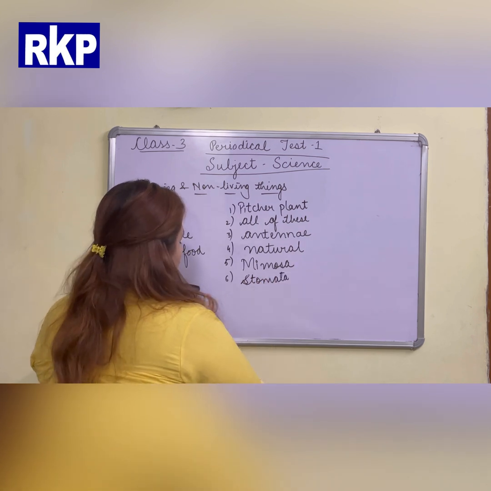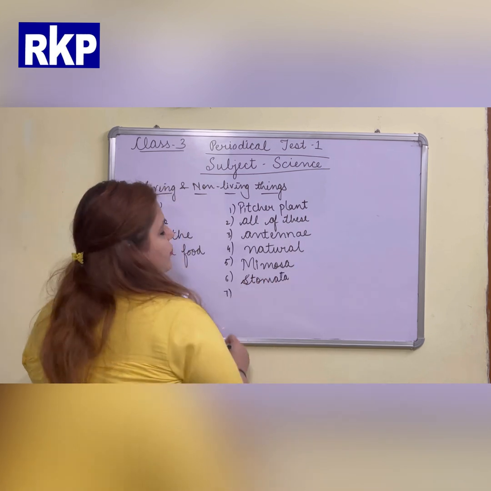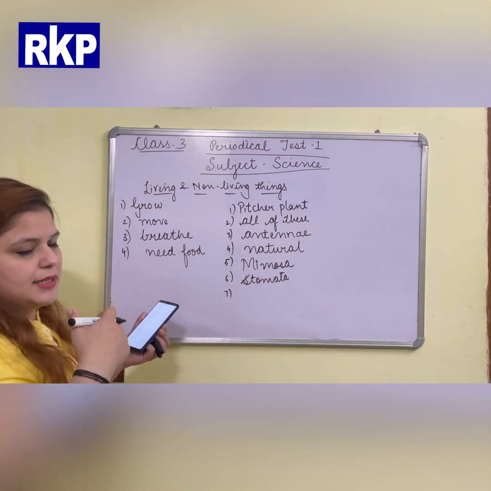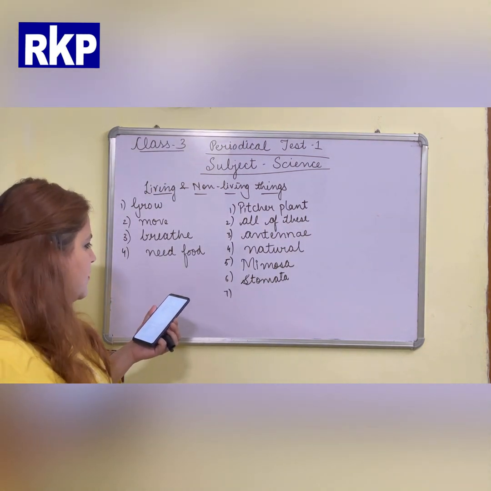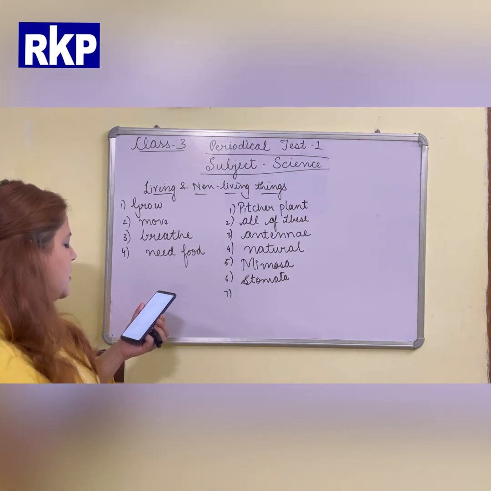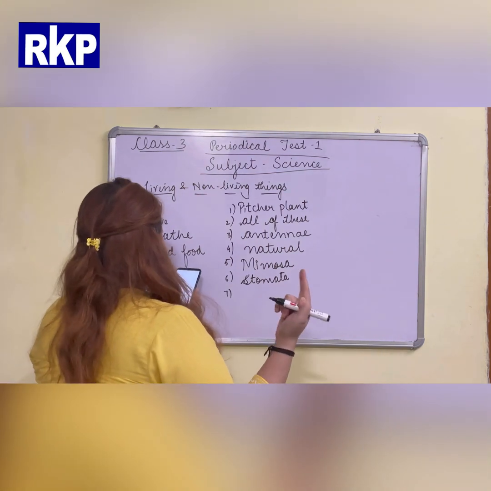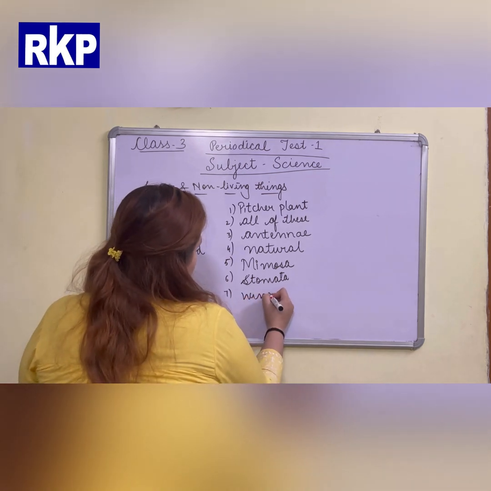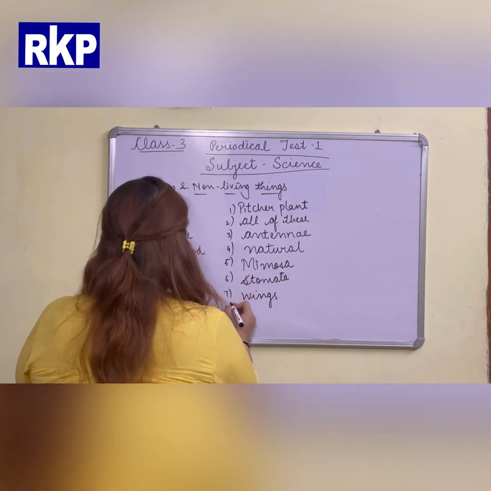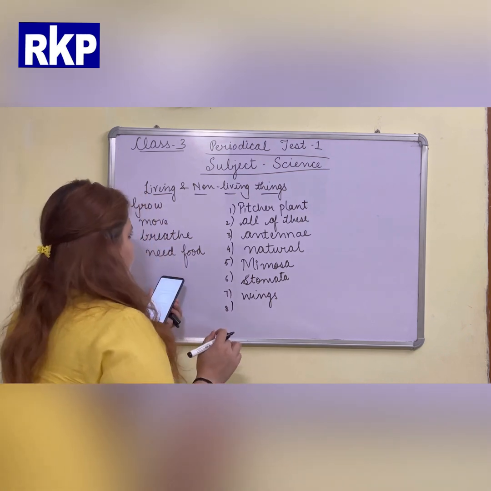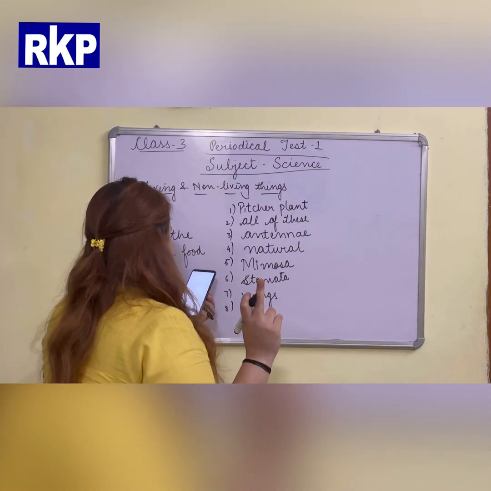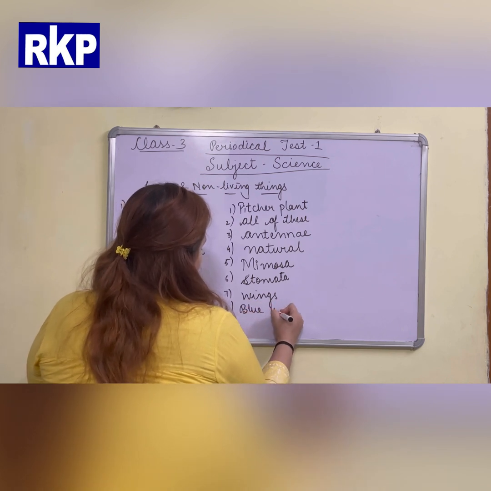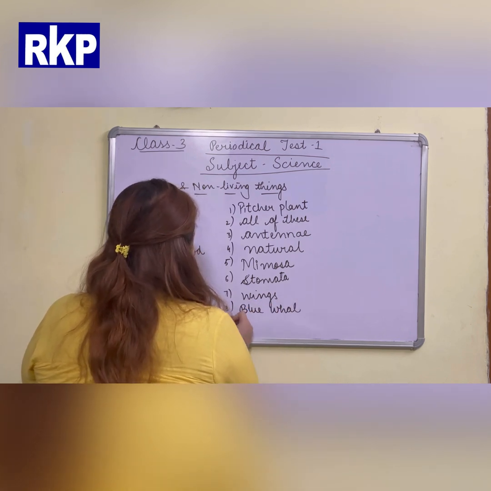Stomata are the tiny holes present on the leaves of plants through which leaves breathe, means take in gases as well as give out gases. Next, 7th question: birds and insects fly with the help of legs, fins, tail, or wings. The answer is wings. Next, dash is the biggest animal on the earth: blue whale, cheetah, giraffe, or lion. The answer is blue whale.